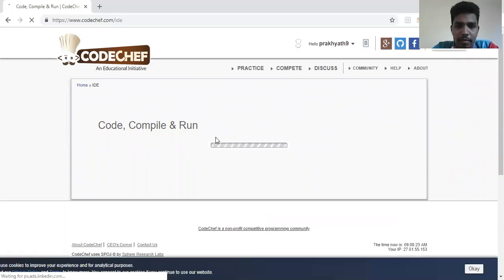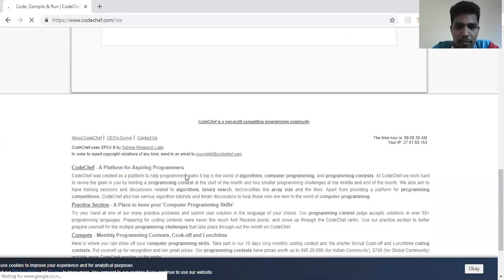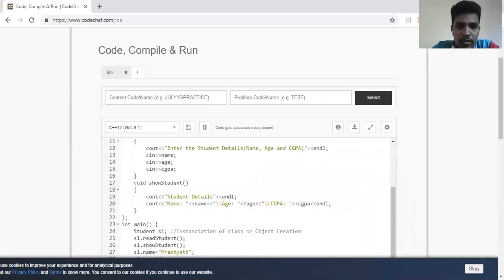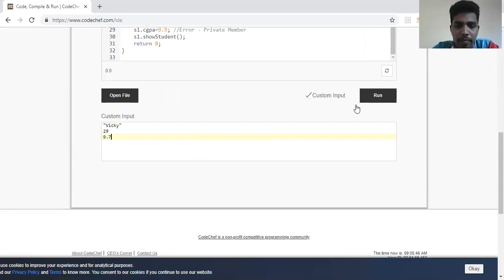It's taking time in compilation. Okay. So we have got the output. So we'll see what the output is for this particular program which we have run. Okay. Run this once again.